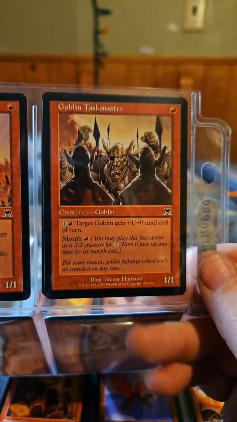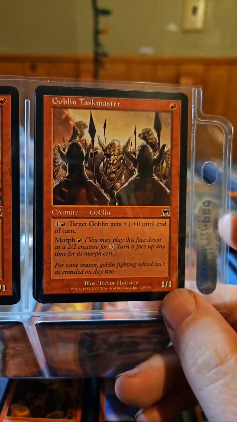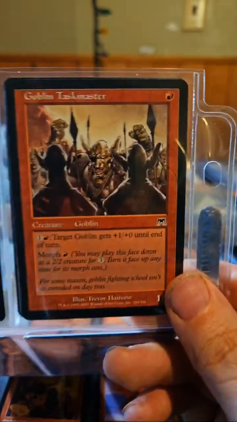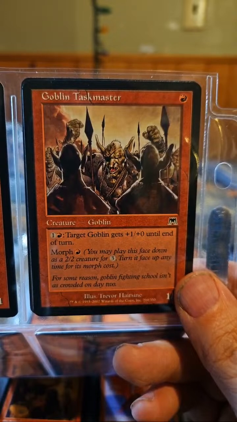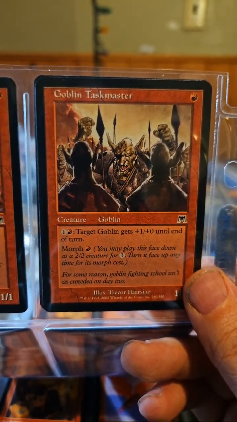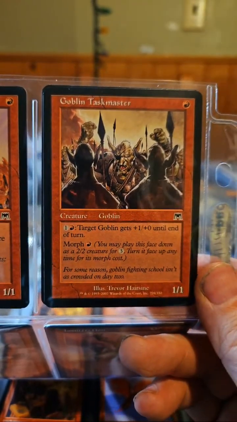Then you've got the Goblin Taskmaster. Another 1/1 for 1. And you can pay 2. Target Goblin gets +1/+1 until end of turn. So another way to buff your team, but one at a time. And for 2 mana does get expensive, but it's a place to throw your mana if you've already used up other things. And the ability to morph is, again, interesting here because...